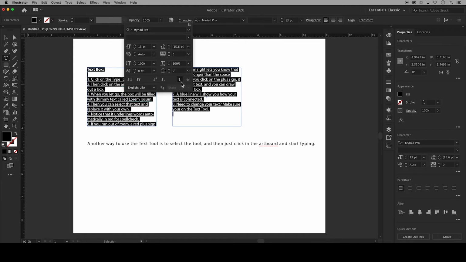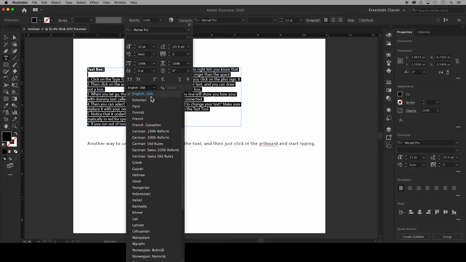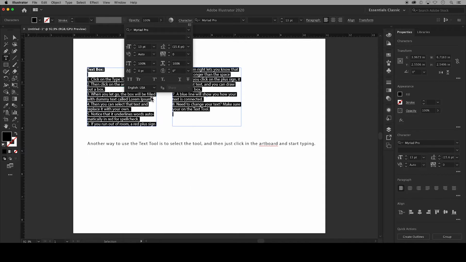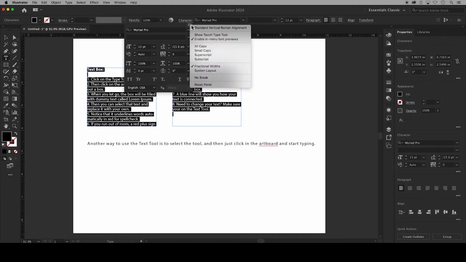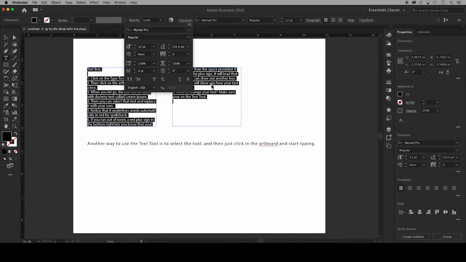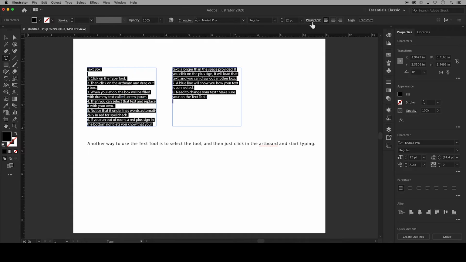You have underline for underlining all the text, and strike through, which is great for editing text. You also have language choices here, and anti-aliasing, which deals with smoothing out jagged edges of pixels. Clicking these 3 lines brings up more options, and one of the options is to reset the panel to all the defaults. Next, let's take a look at the paragraph panel, and the first row has to do with aligning